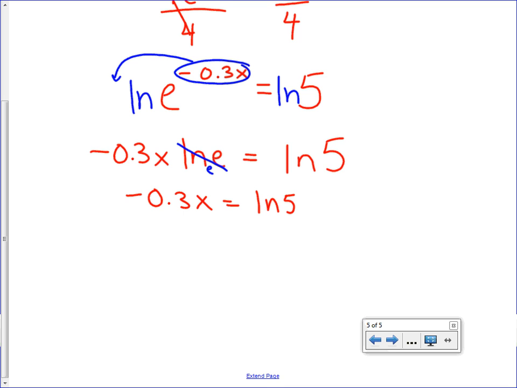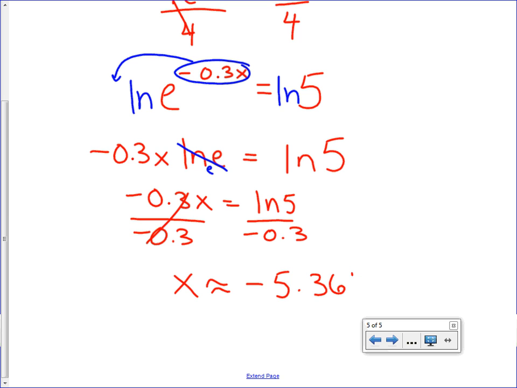And to solve this equation for x, I'm going to divide both sides by negative 0.3. x is approximately, because I'm going to do this on the calculator and get a decimal for an answer, I should use the approximately sign. ln 5 divided by negative 0.3 equals, again, I will give you, or you'll give me, up to 3 decimal places, to the nearest thousandths place. Right? And that's all you're asked to do on your